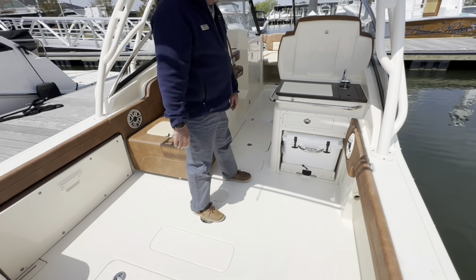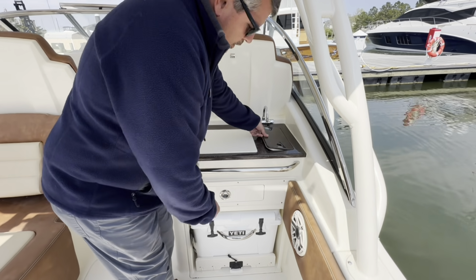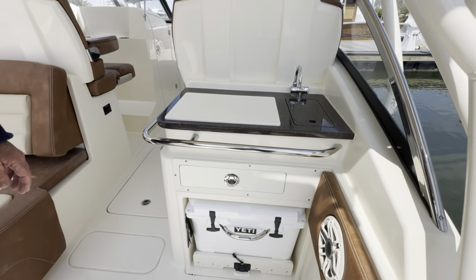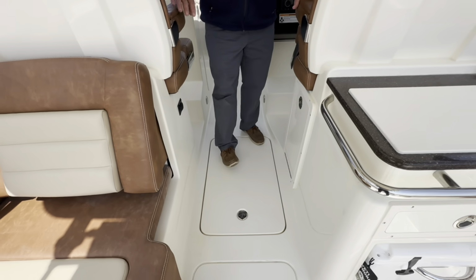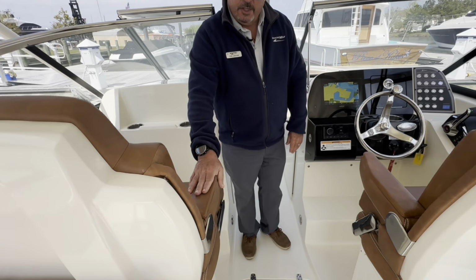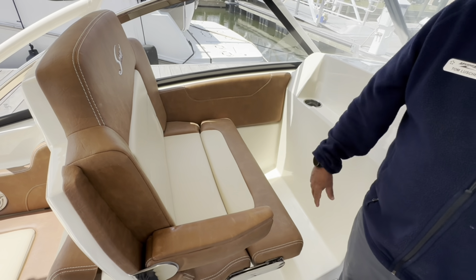Moving forward on the starboard side, we've got a big cutting board, a sink, fresh water, and underneath we've got our slide-out Yeti cooler and some storage drawers. Moving further forward, we've got a large storage area down below in the bilge, and then we move up into the cockpit. We've got beautiful, this is called Macella upholstery, and we've got bolstered seating for the passengers and the